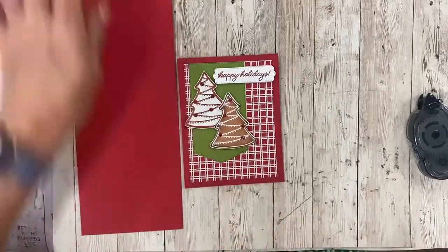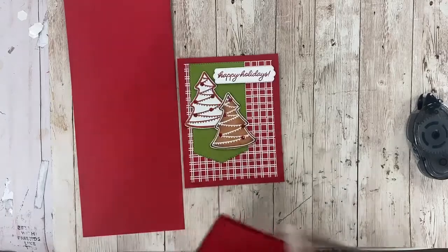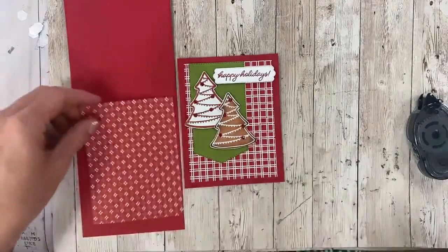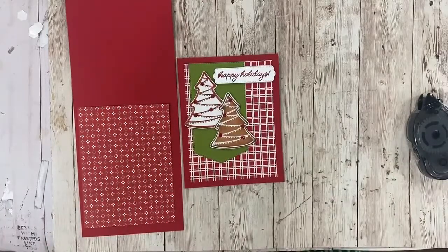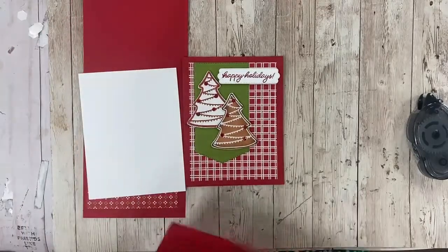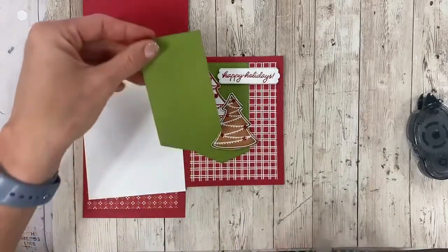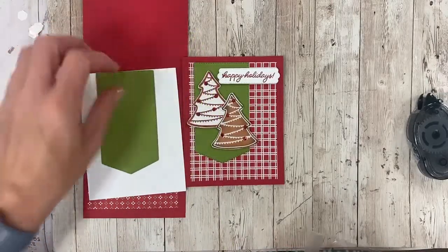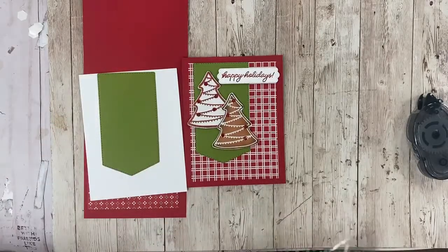We are going to use real red with this one. You're going to use designer series paper. The nice thing about this is it's a red on red. So there are lots of options in the paper pack. Okay, you're going to have a piece of Whisper White that is 4 by 5 1/4. You will have these, what are these? Banners, but it's kind of the opposite banner or tag. You will have a little